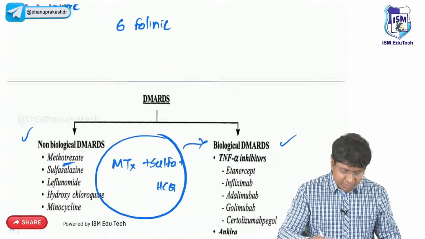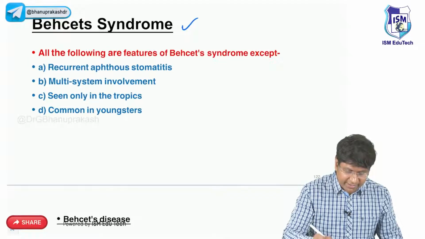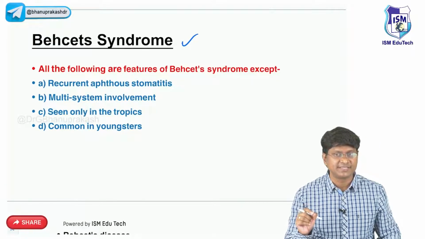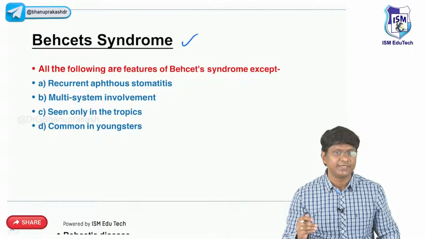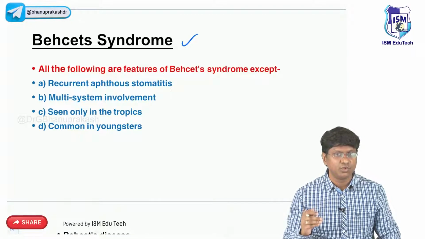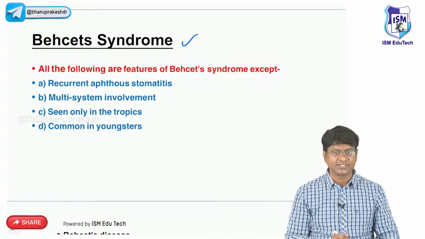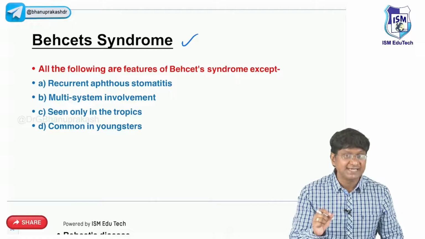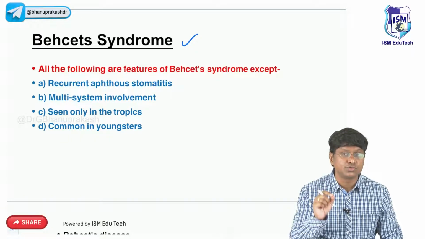Now, after having discussed rheumatoid arthritis, let me just do a quick recap of Behcet syndrome. So all of the following are the features of Behcet syndrome except recurrent aphthous stomatitis, multi-system involvement, seen only in tropics, common in the youngsters. Any one of you? Right. So let me tell you, what is another name for Behcet's? It is also called